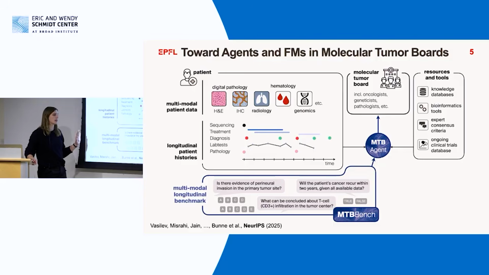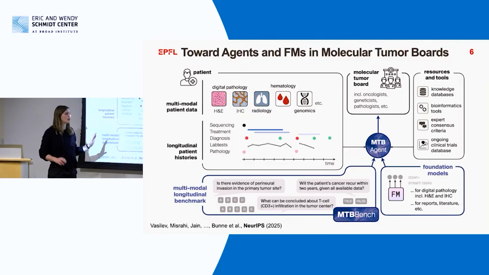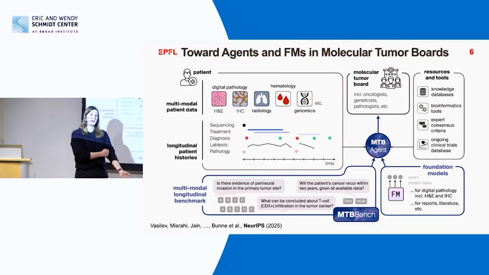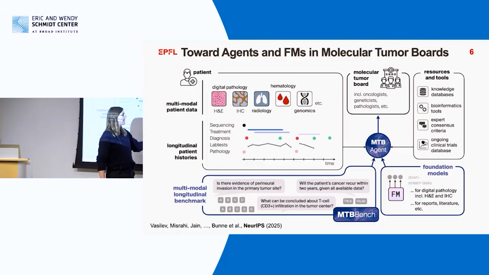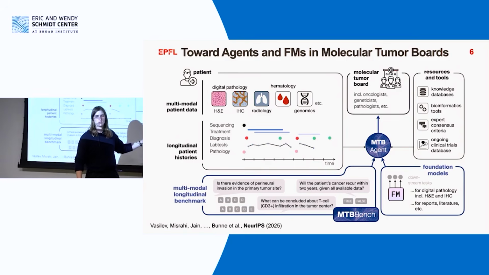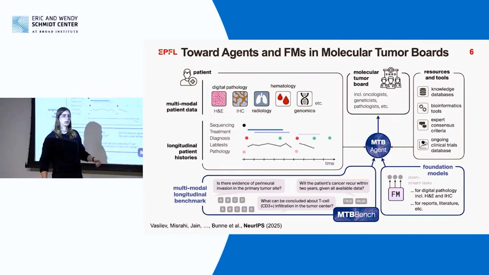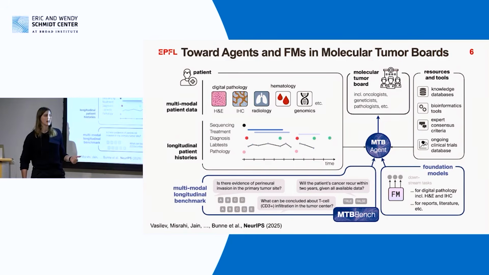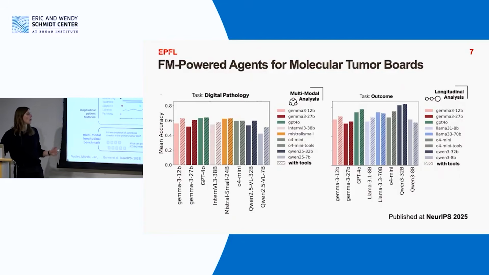So we started with an initial benchmark that really tests how well those agents have an ability to reason across modalities and to reason across longitudinal profiles. And this is a benchmark that will continuously grow, so it's fairly small, but a starting point. And in particular, what we show is that given the complexity of this data, giving them access to more powerful models, what we call generalist models, foundation models, is always going to improve overall